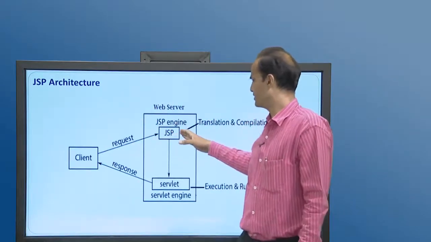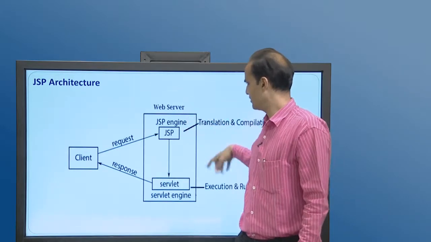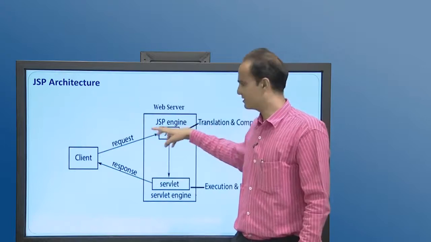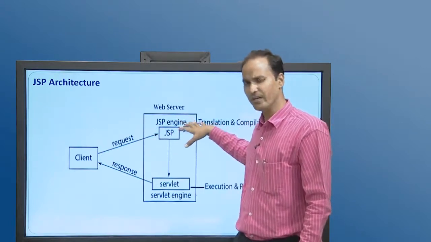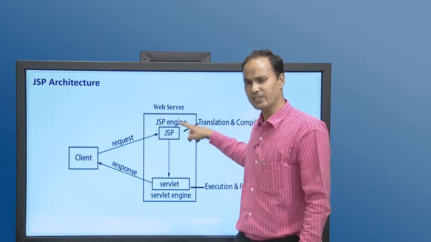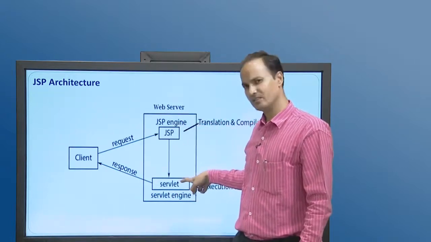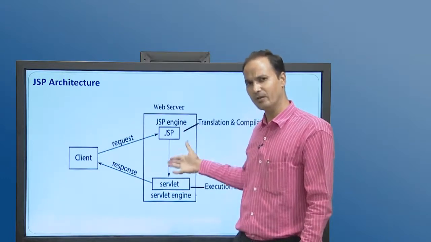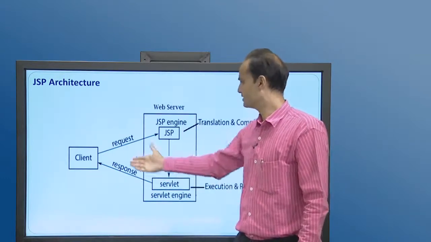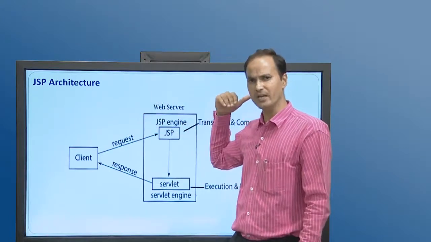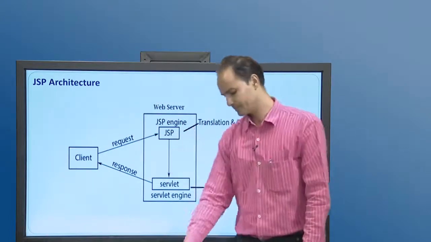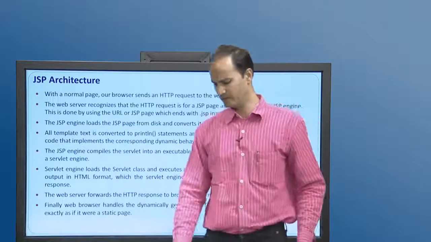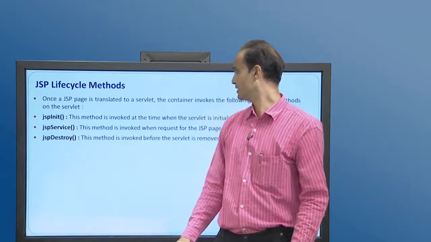Client requests a JSP; this is a web server, and under that there is a JSP engine. The JSP engine checks that it is a request in the form of a JSP file. So it is translated, converted into Java. It is ultimately a servlet file, a Java file or servlet file, we can say. The servlet will be compiled, executed, and the response will be formed and sent back to the client. We already discussed how it works, so there is no need to discuss it again.